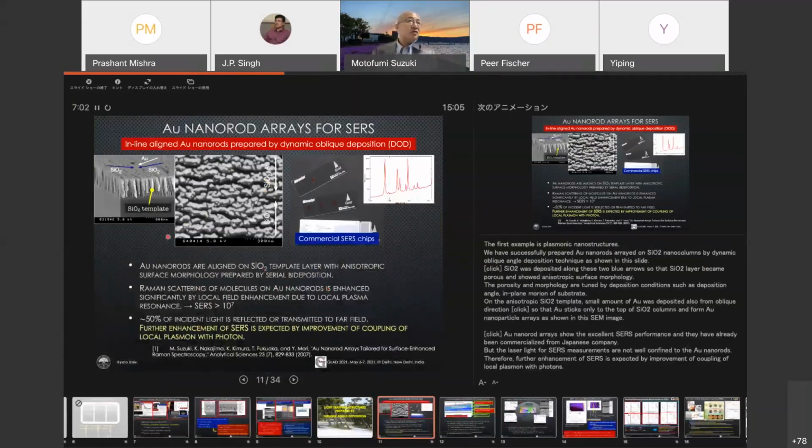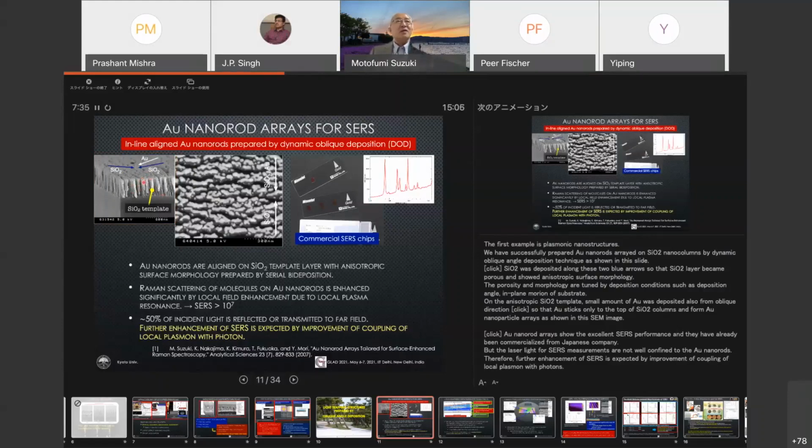And I choose the gold nanorod arrays for surface enhanced Raman scattering as the example. We have successfully prepared gold nanorod arrays on the SiO2 template layer nanostructured by the oblique angle deposition technique. SiO2 was deposited along these two blue arrows so that the SiO2 layer becomes porous and shows an isotropic surface